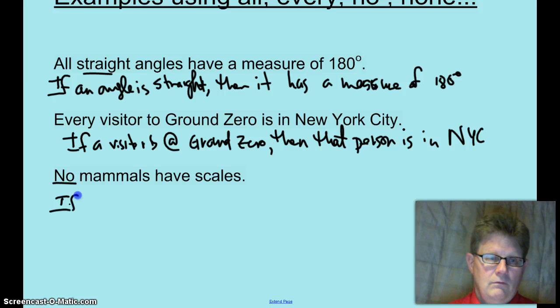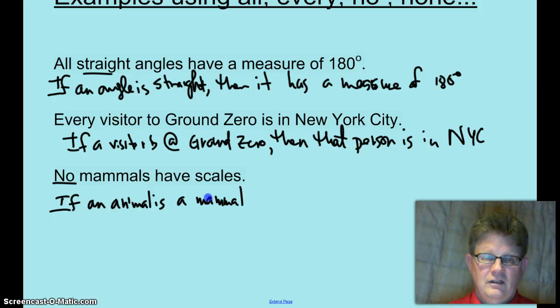If an animal is a mammal, here's where the not is going to come into play. If an animal is a mammal, you can't just say, you've got to start off with something. So you can't say if it is a mammal. No, if an animal is a mammal, comma, then it